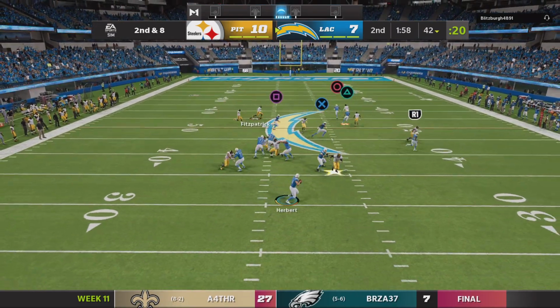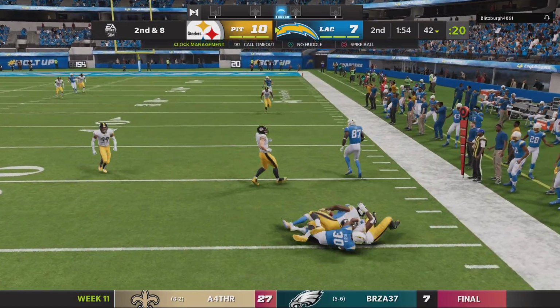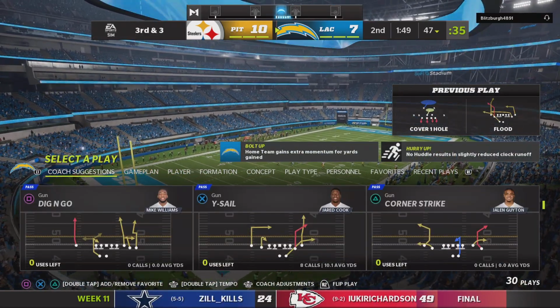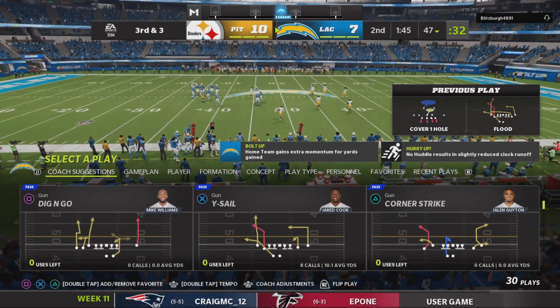Throwing on 2nd and 8. Herbert. It's caught on the right side. Williams. That catch good for 5. It's 3rd down. Cool under pressure right there, escaping the pocket and finding what I think was not his primary